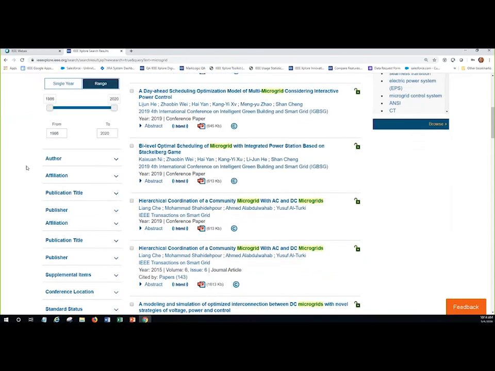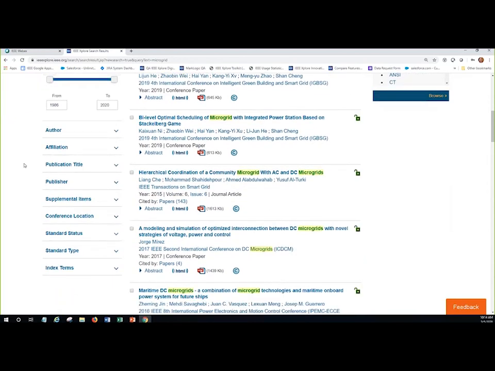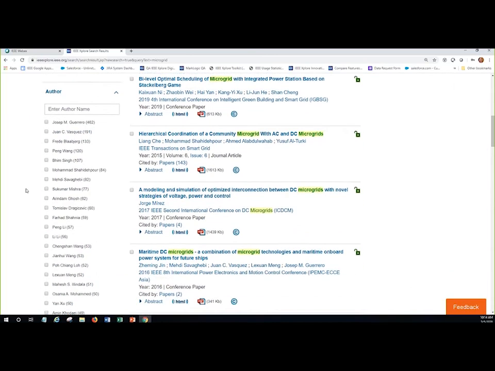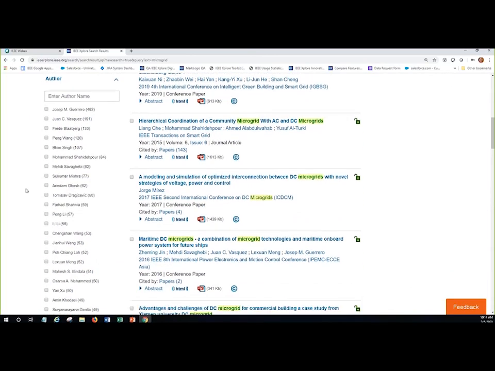Or you can narrow down by things like author and author affiliation. And these facets will also give you some insights into the search results set as well. So you can select a specific author to narrow down by, but if you're looking for subject matter experts or key researchers within an area, the author facet shows you the top 5, and then if you click View More, the top 25 authors for your search results set based on record count. So in other words, the first person listed here has published over 460 documents on my topic.